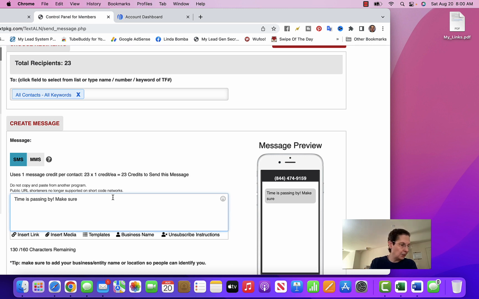And I'm going to make sure to lock your spot. And you can use this for anything right away. And I do want to send them to a link so they can look at it. And you can see it's a credit per person. I'm sending this to